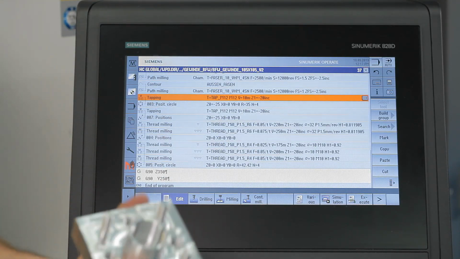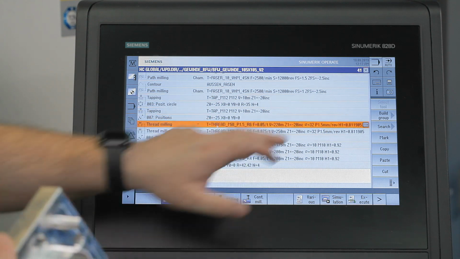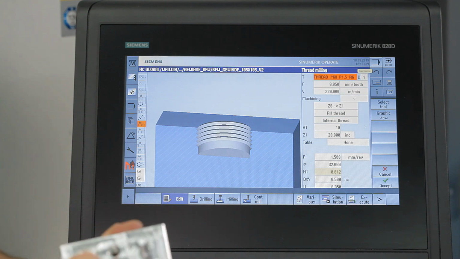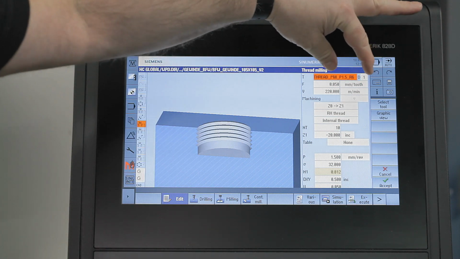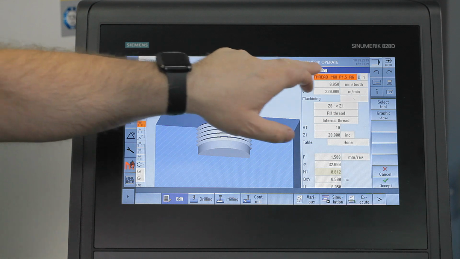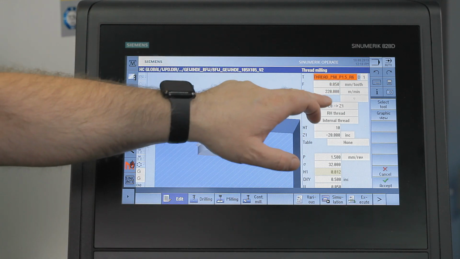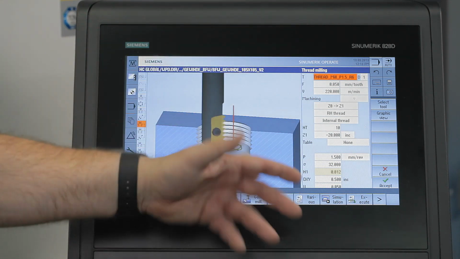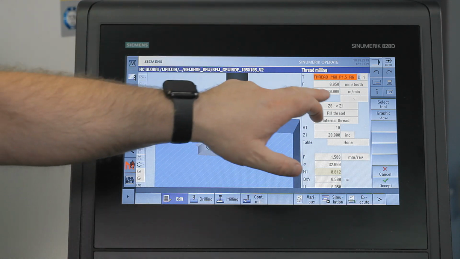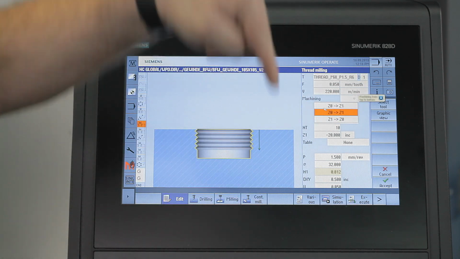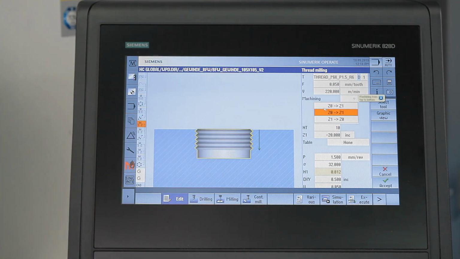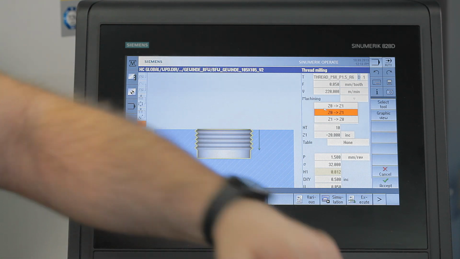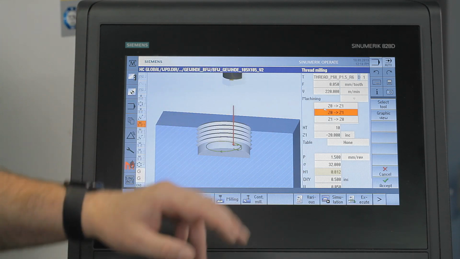Thread milling is initiated following completion of the tapping. In this case, we'll start with the M32 by 1.5 thread. The thread milling cutter is selected from the tool menu, the required cutting speeds are set, and we are now provided with the range of options referred to in the theoretical section. With thread milling, we have the option of cutting the thread either from the top down or from the bottom up. This means the tool starts at the bottom and finishes at the top edge. Sometimes this is necessary for technological reasons.